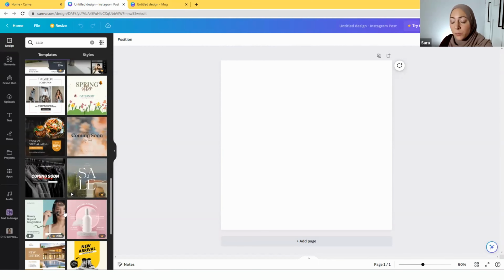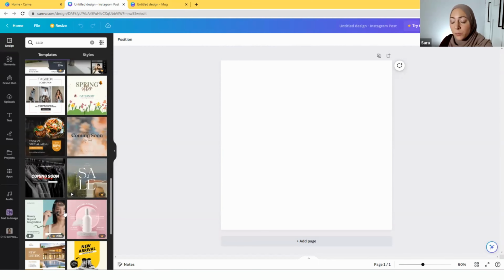So let's say I have a picture of myself and I want kind of a doodly line, not something straight, then I would just drag and drop my picture inside. So these are the frames. I'm going to go more in depth through all of these, but I'm just going to give you a quick